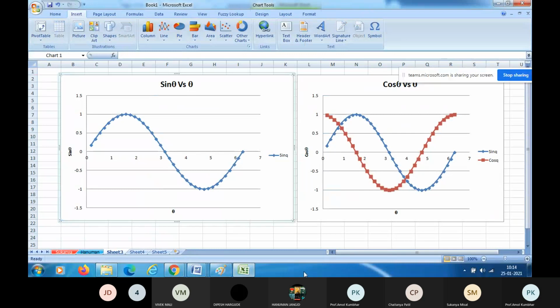See how it appears, now both the graphs have come. In the first graph sin theta versus theta is visible, but in the second graph the sin graph is also there and the cos graph is also there. Sin is the blue colored line and cos values are pink values, right? So sin theta and cos theta, both the graphs are present in this graph. Why? Because as we have unhidden the sin theta values, both the values will appear on the single graph.